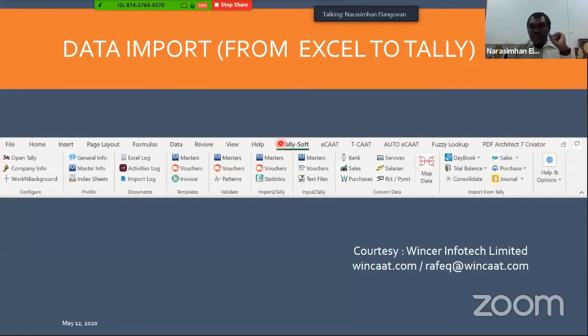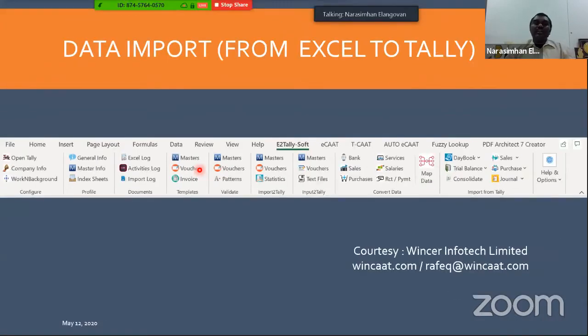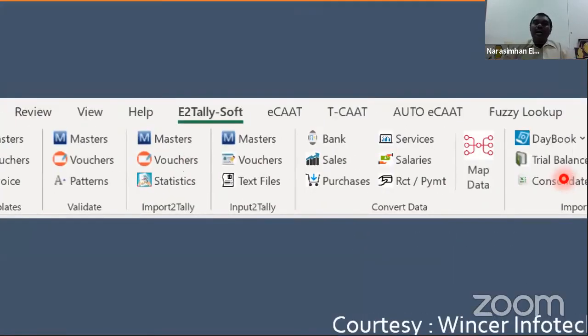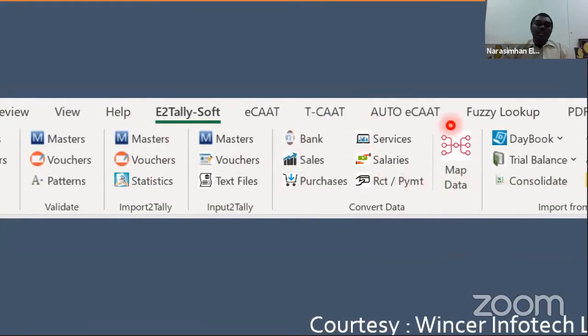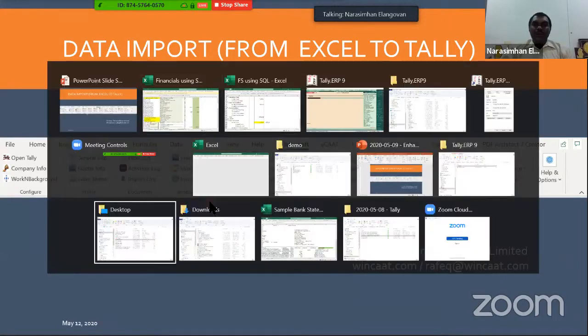So using this tool, I'm going to take you through two things. Step number 1 is I'm going to use one of their templates and import their masters. And step number 2, I'm going to import some dummy vouchers so that you're able to get a better idea. Correct? And we will also do what is called a bank statement import so that you get an idea how a bank statement also can be imported. So let me quickly jump into an Excel sheet.